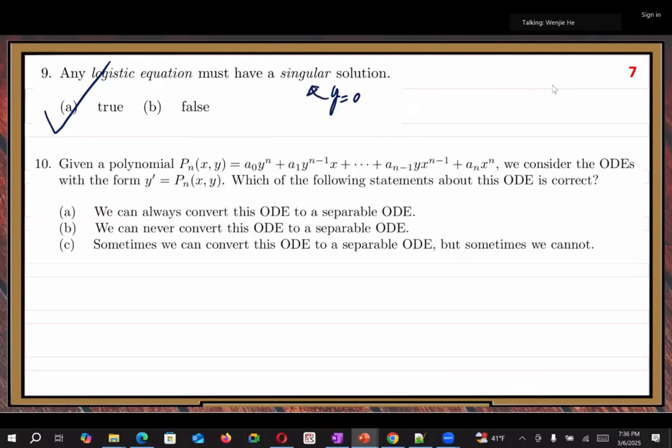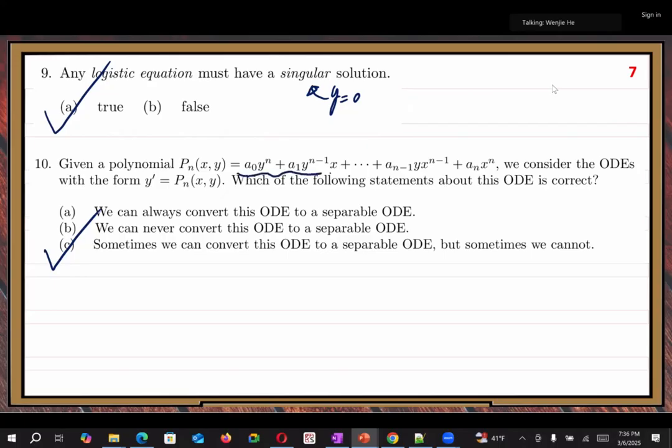And number 10. So this is relatively hard, but not too much harder. So here the answer is C. Sometimes we can convert to separable, but sometimes we cannot. In general we cannot. Only in a special case we can. The special case, can you imagine